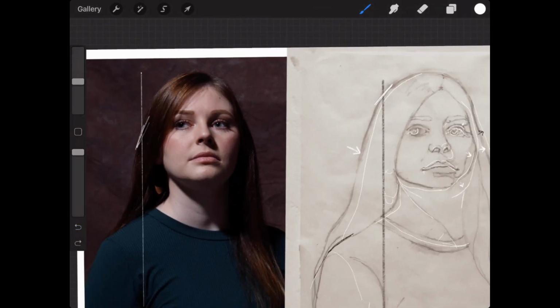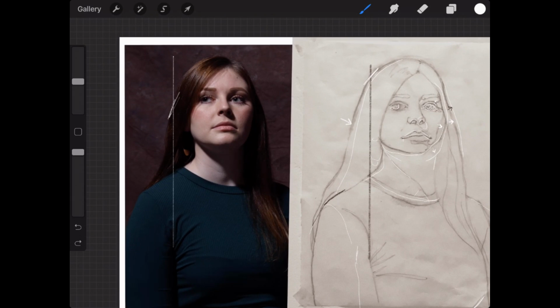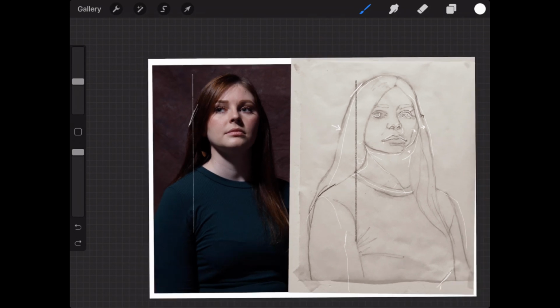Again, just a thin piece of string. You could use a ruler too, but by using a string with a weight, you're using gravity's natural pull. It's called a plumb line because plumbers use it. You don't have to go out and buy a plumber's line. You can just make one. Just take a piece of string, tie a weight, a key, a button, anything to the end of the string, and you have your own little plumb line to use.